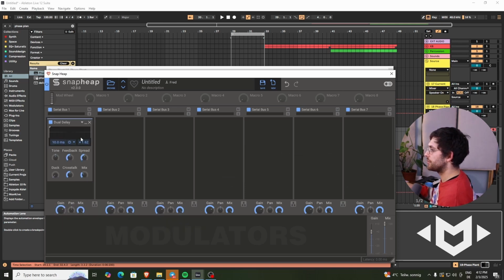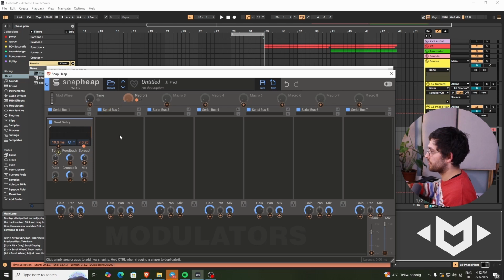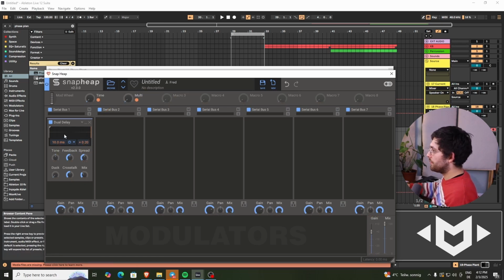So first we're gonna lower all the settings here and then map the time to a macro, call this one time, the multiplicator to a macro, call this multi, the feedback to a macro and call that FB,